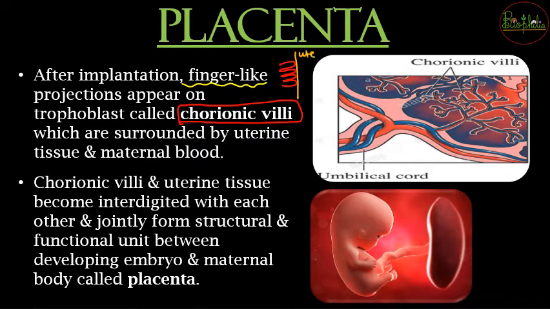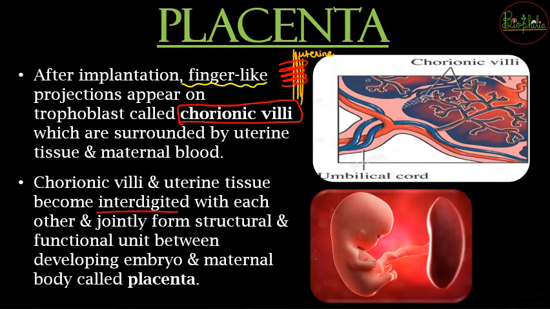So ये orange वाला part क्या होगा, it will be the uterine lining and the finger-like projections are going to get embedded into it. और embed होने के बाद आजू बाजू क्या होगा, there is going to be uterine tissue and also the maternal blood, because as we understood that uterine tissue जो है that is endometrium, it is going to be full of blood tissue. So वहाँ पे बहुत ज़्यादा vascularity होगी, blood vessels होंगे, and all that is going to be present around the chorionic villi. So once you have the chorionic villi and the uterine tissue going to be interdigited.